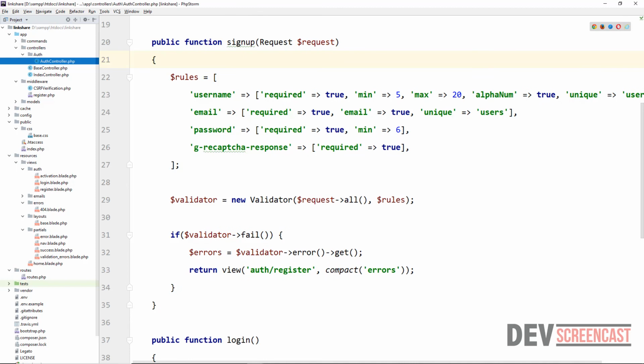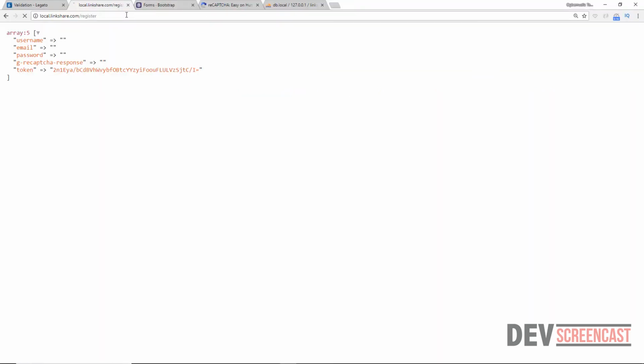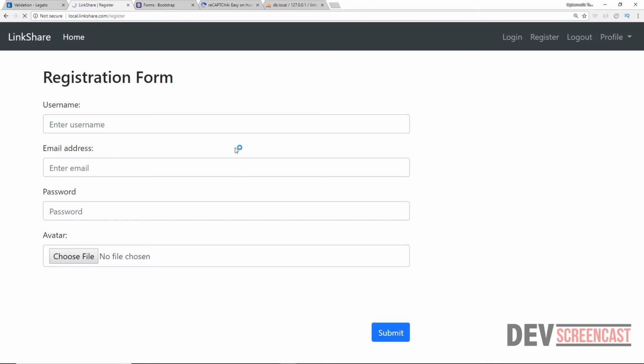And then right now, let's go to the browser. Then let's try to submit the form. So we submitted the form. You can see that it returned back to this specific form. And the reason why we don't see anything displayed here is because we are not actually displaying anything inside of